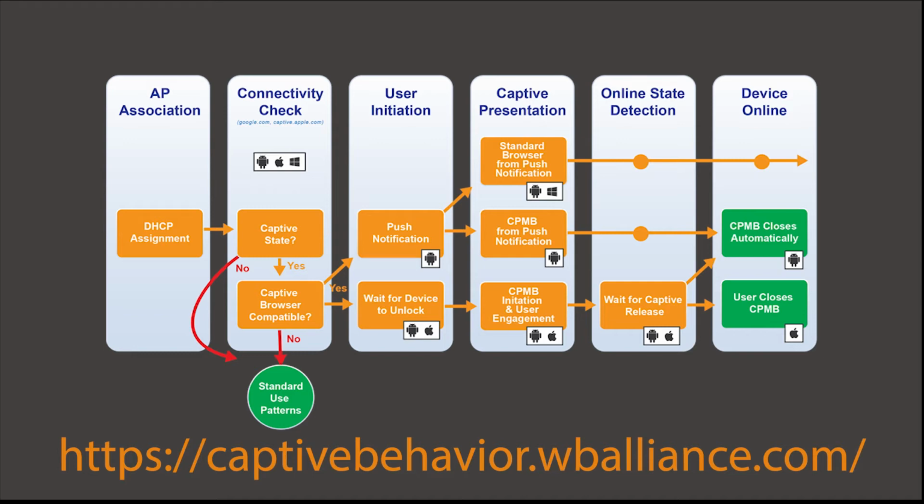But this is a very good generic flow for Android, Apple devices, as well as Windows operating systems. If we start from the left hand side, working our way all the way to the right, I'm only going to flow the captive portal side, but basically once the access point assigns a DHCP address on the left hand side,